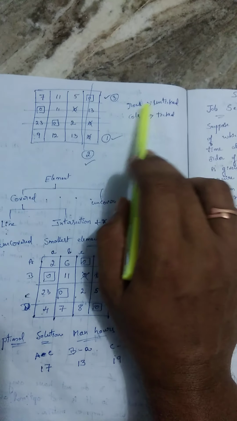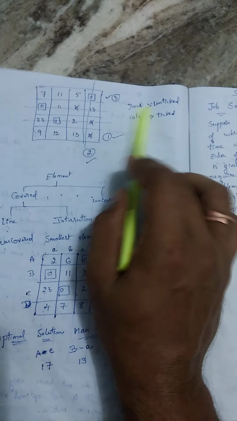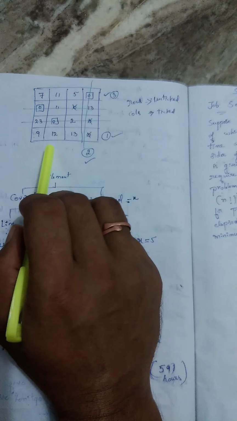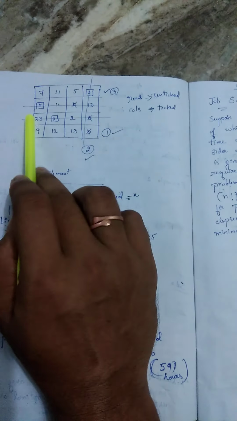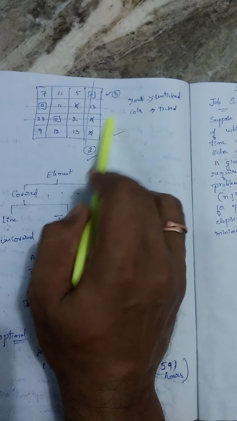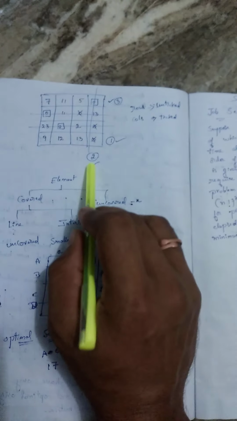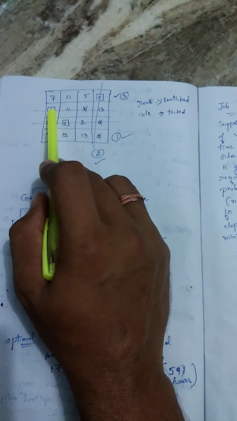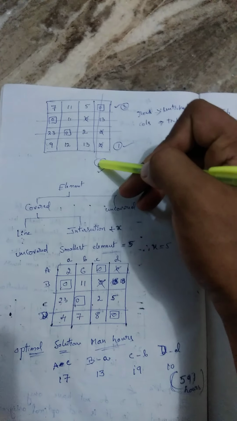These are the unticked rows. This is the row we have just unticked. And these are the ticked columns. This is the column we have ticked, because in this column there is a single 0, in this column also a single 0, in this column also a single 0, but in this column we have more than one 0, three zeros, so we are drawing a line here.